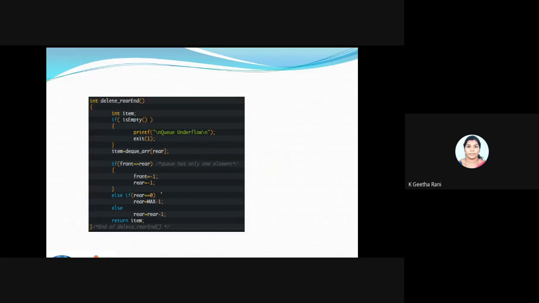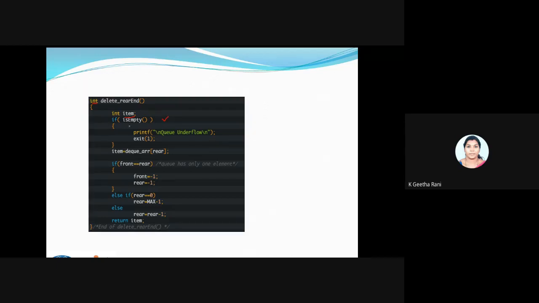Next one is deleting at the rear end. So it's a new thing. For deletion, it will be returning the deleted value for us, so I'm using an integer. I'm going to store the deleted value inside this variable called item. What I have to check is whether it's empty or not. It's an underflow condition.